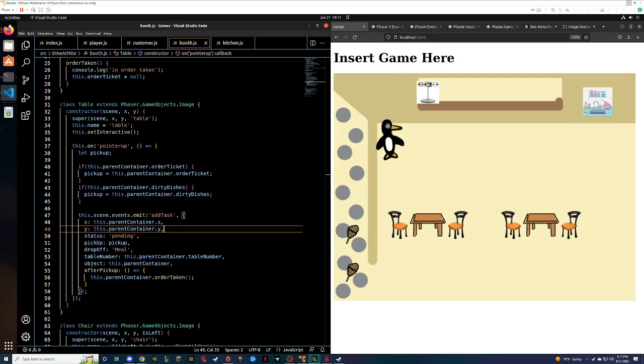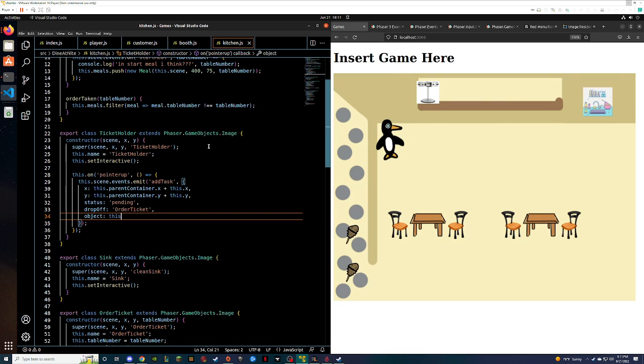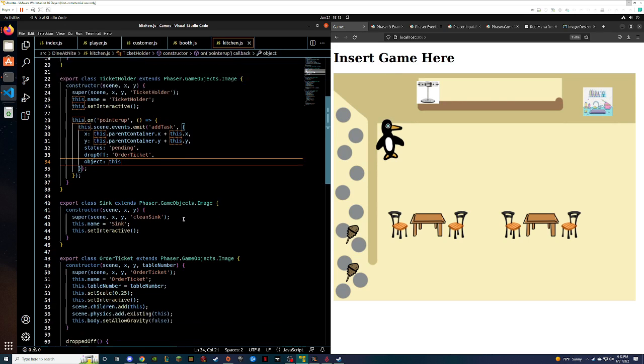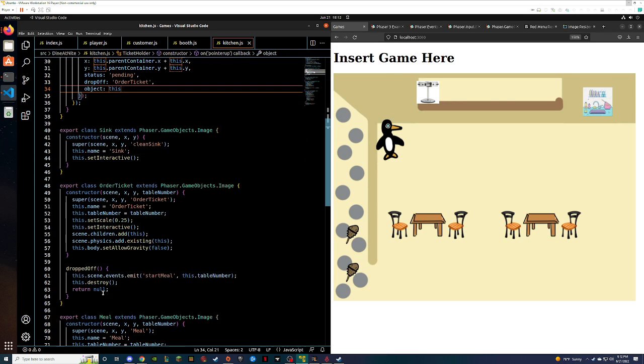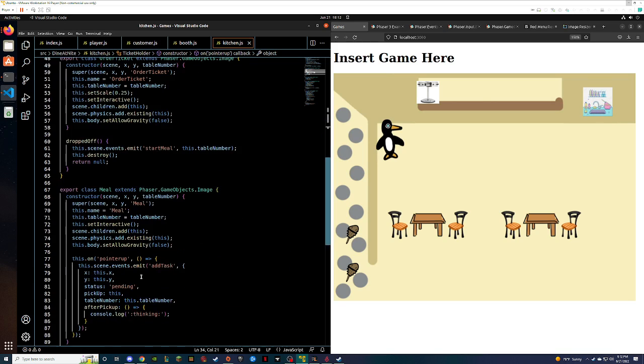So maybe for now, I'm not going to worry about the booth, because that one's going to take a bit more thinking, and I want this to be easier to understand. So we're going to first work with the ticket holder, the order ticket, and the meal.